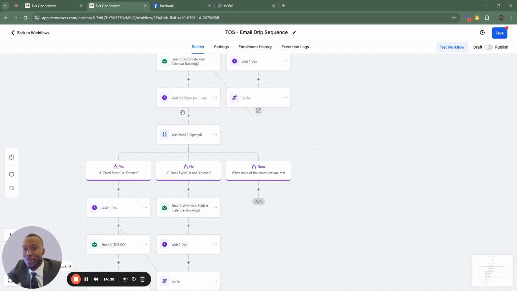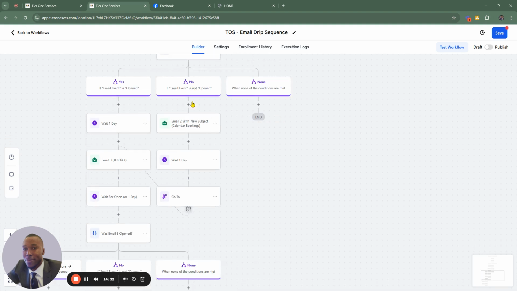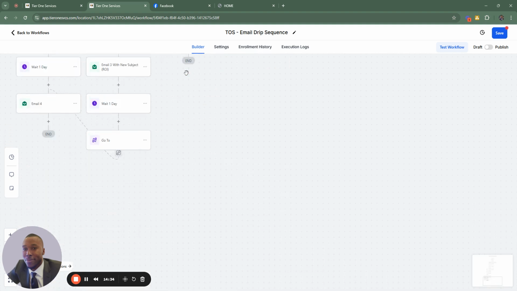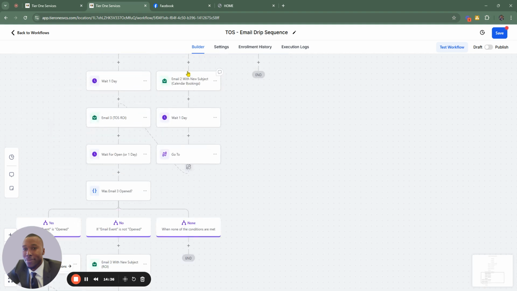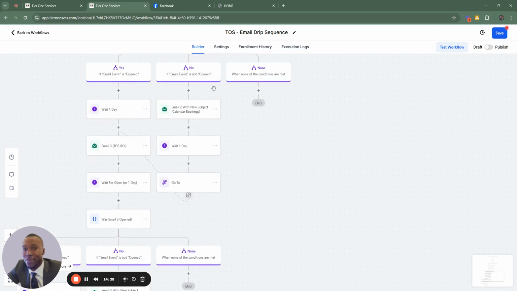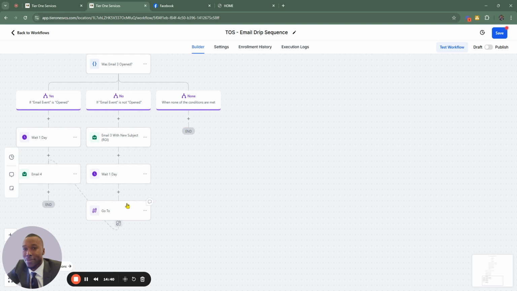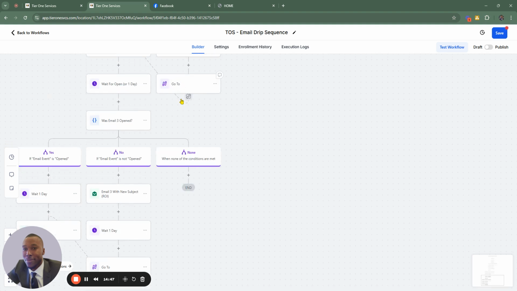So now we're going to wait for 1 day to email open. And as you see, guys, so on and so forth, this can keep going. You can go to infinity. I have seen these be 300-step emails. Completely up to you. But guys, this is literally what we call an email drip sequence. This is what A/B testing included. And so what happens here, guys, is your